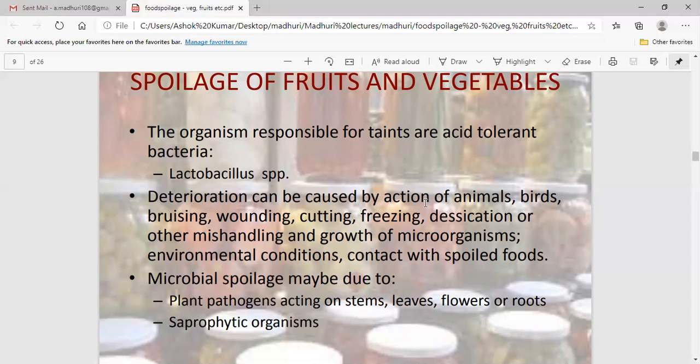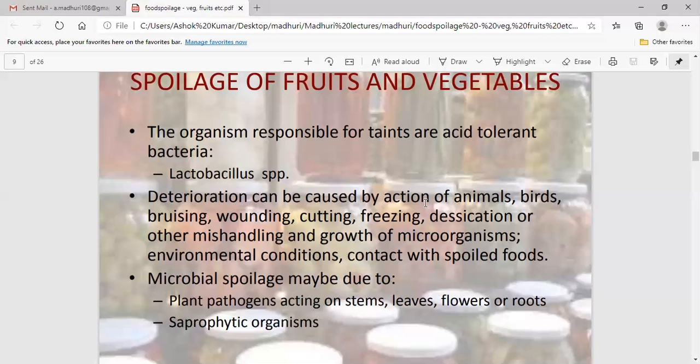Okay, normally they cannot undergo spoilage if they are kept very safe without any damage, right? But there will be some deterioration or damage occurring to these fruits and vegetables while harvesting, or when they are present on the trees, and while transport. This damage can be done by animals, birds, or bruising in transport, or wounding, or cutting,